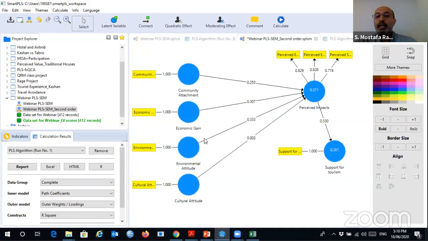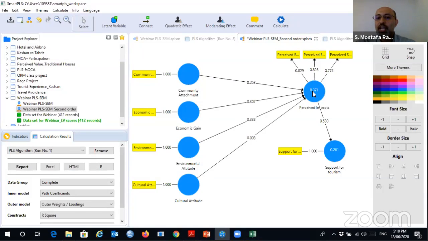But actually, if you apply this method and use latent variable scores for all constructs involved in our framework, in the second stage you can assess only the measurement model of the second order construct. It's not possible to assess the measurement model of other constructs because we already put only 1 score in the latent variable,